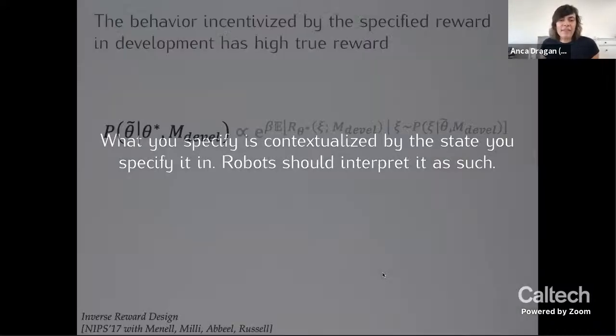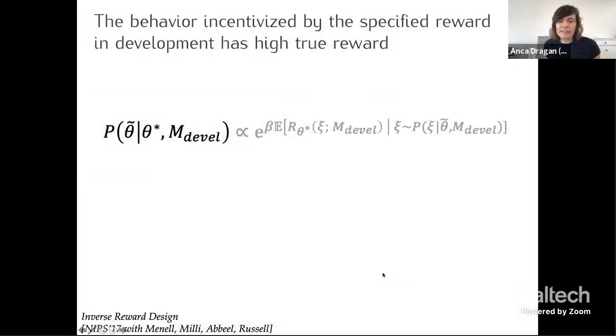In math, in an equation, it looks something like this. The probability of me writing down theta tilde doesn't just depend on theta star, the thing that I actually want. It also depends on the development environment I'm looking at.